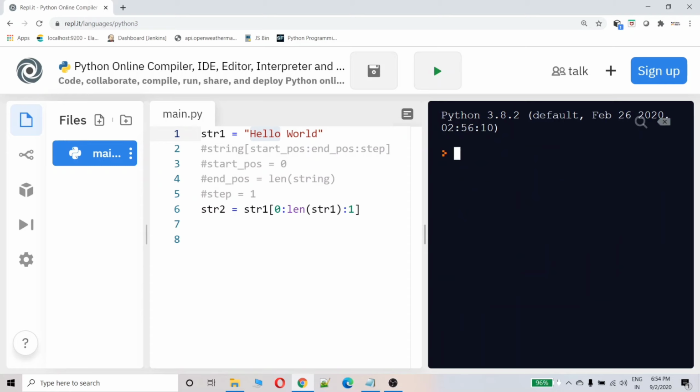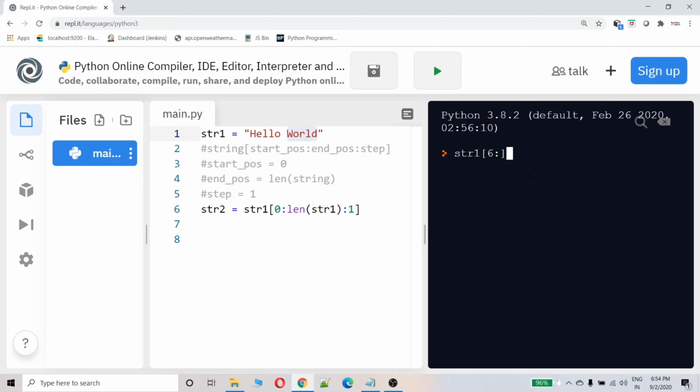Now what if he wants to print world? str1. What is the index of w? 0 1 2 3 4 5 6.